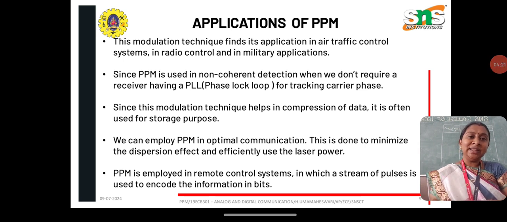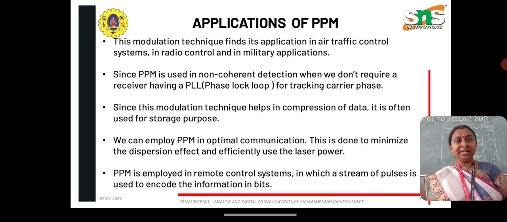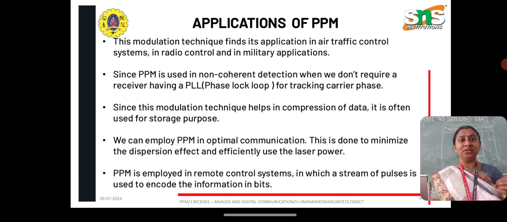The various applications of pulse position modulation are: this modulation technique finds its application in air traffic control systems, in radio control, and in military applications. Since pulse position modulation is used in non-coherent detection, we don't require a receiver having a phase lock loop for tracking the carrier phase. Since this modulation technique helps in the compression of data, it is often used for storage purposes,